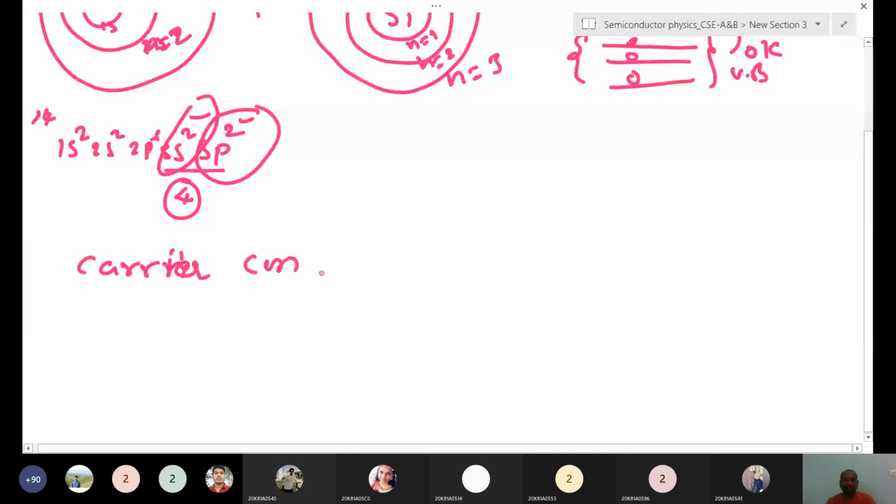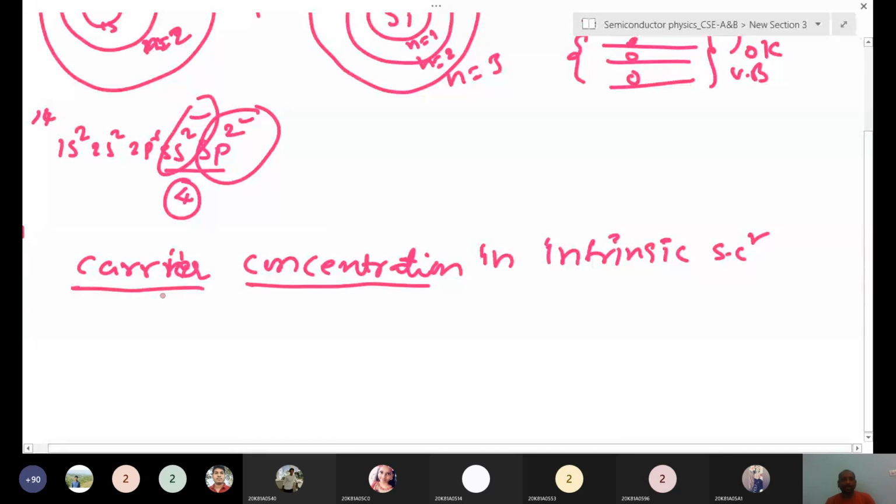Concentration. Okay, what is meant by carrier concentration? We are solving it for an intrinsic semiconductor at this moment. After that, we'll solve it for an extrinsic semiconductor, right? So what is meant by carrier concentration? What is the carrier here? What is concentration? Carrier concentration means the number of